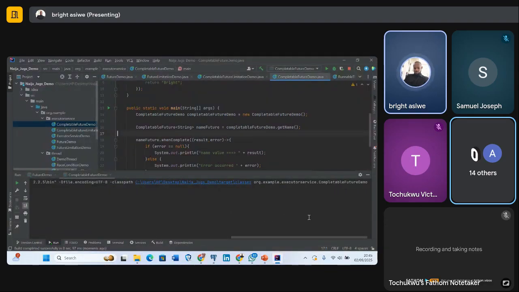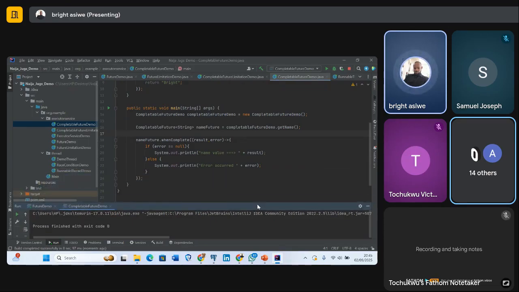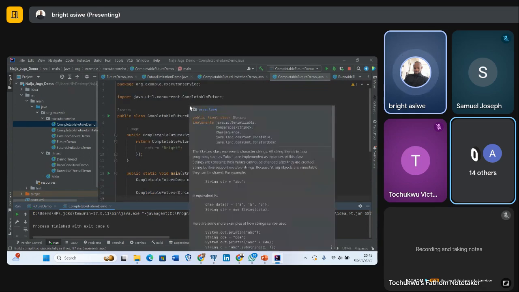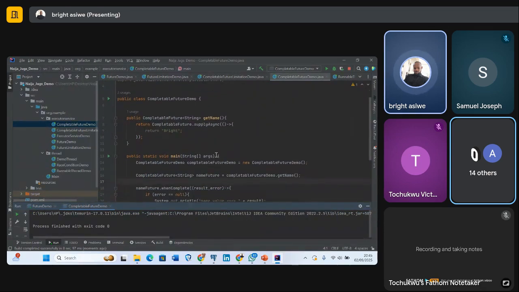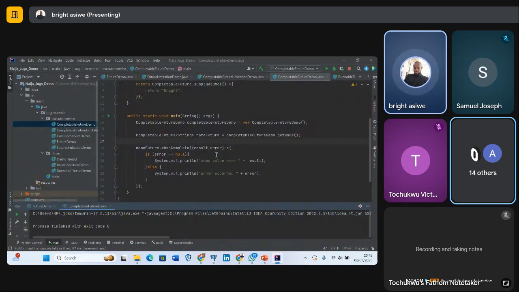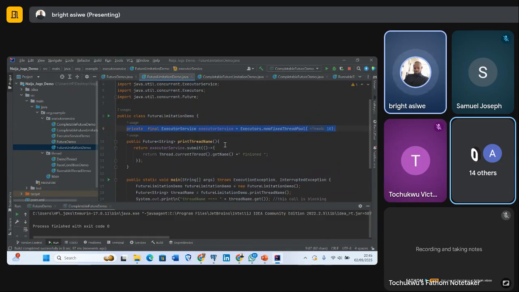What is wrong? All right, so I won't spend time on that, so that we can continue. So what is here is that CompletableFuture, it gives us a way to actually get our result in an asynchronous manner. And I told you guys that there's a limitation of CompletableFuture, which is that it doesn't